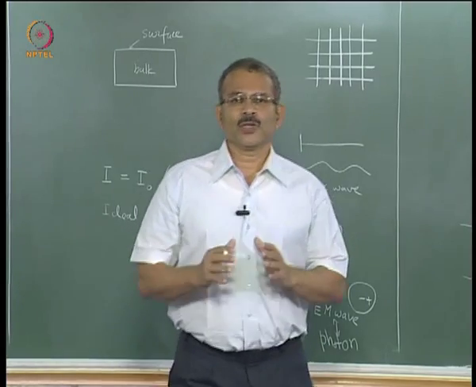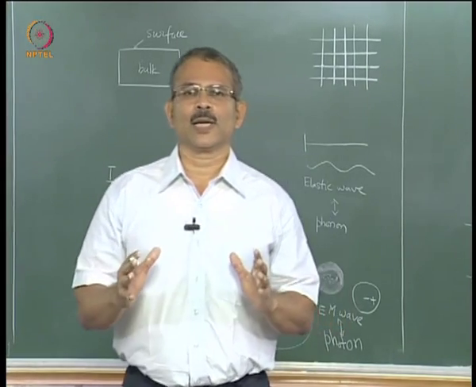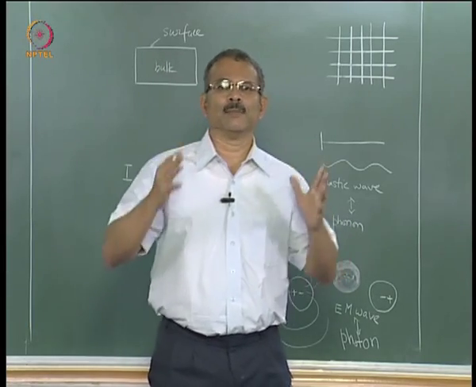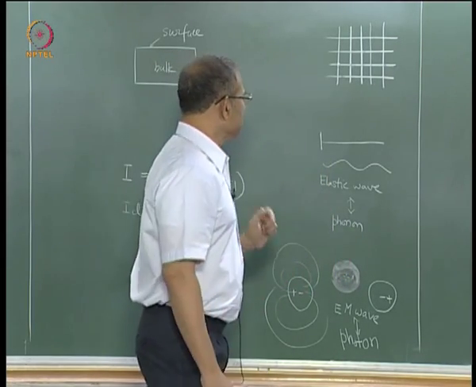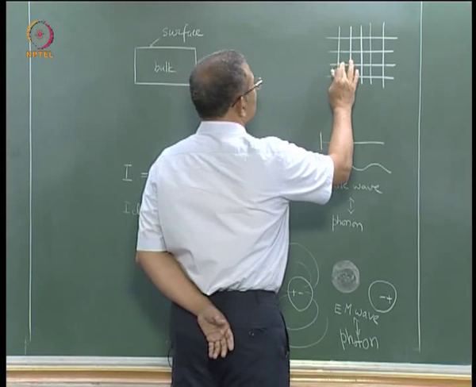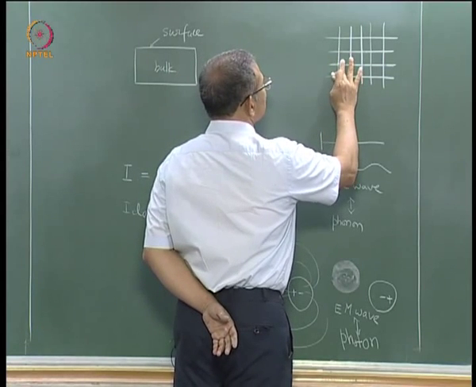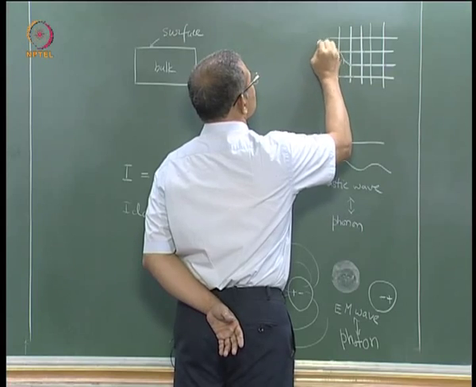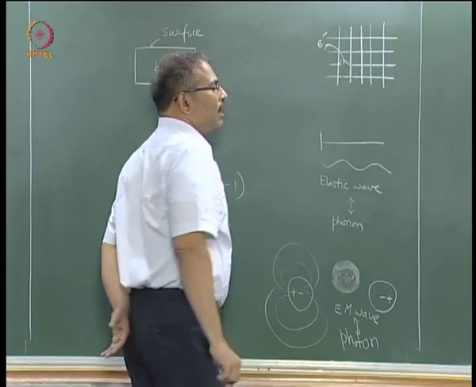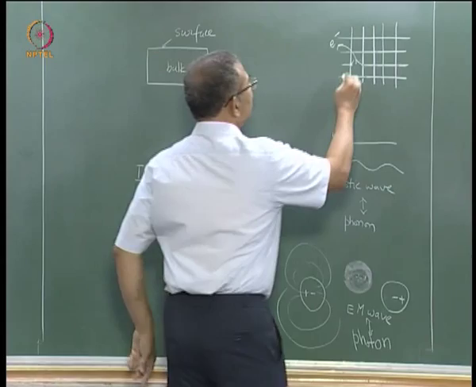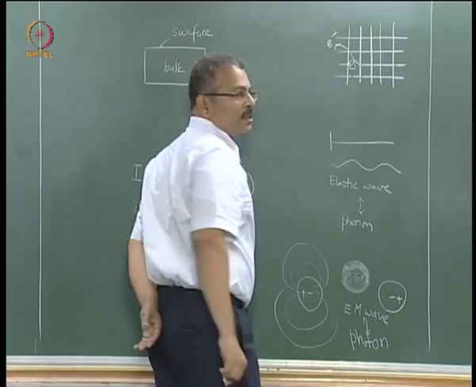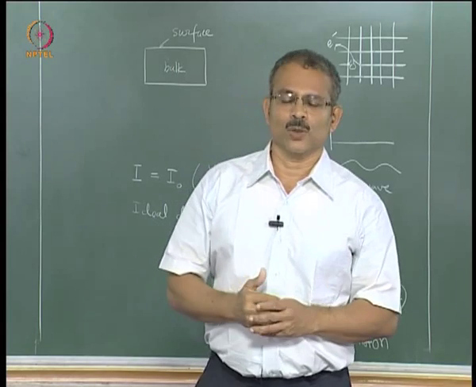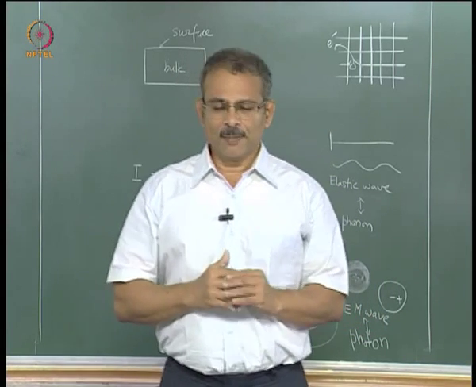So that is how we visualize the semiconductor at T greater than 0 K as photons and phonons moving about randomly, and in addition you have electrons and holes. So you can have a situation where a bond may break, creating a free electron and leaving behind a hole. A large number of such bonds may break, and therefore you have electrons and holes. So this is the picture.